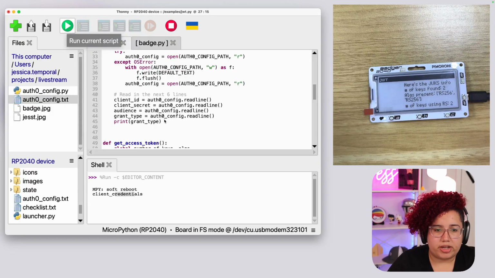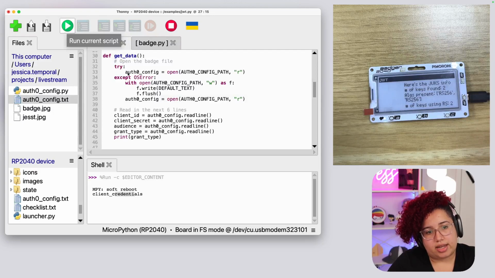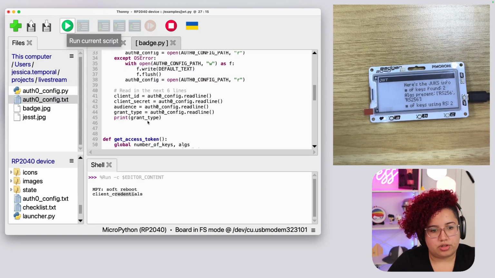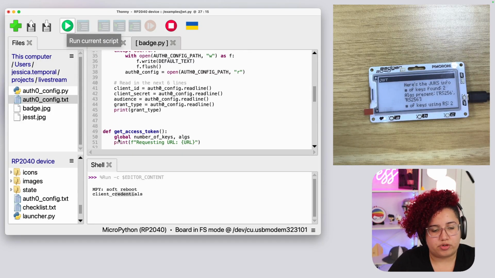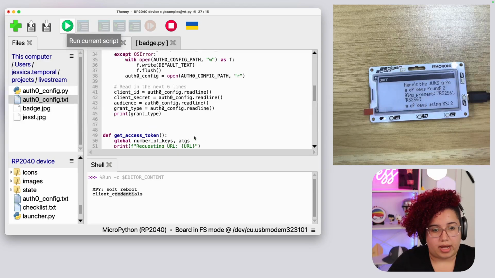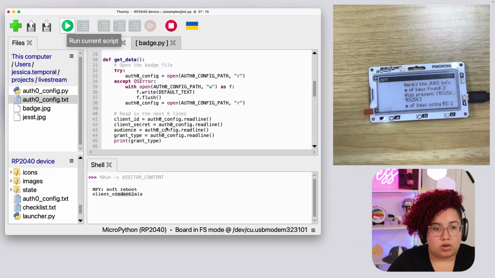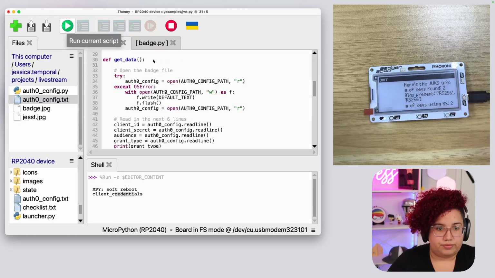And I want to make the request, but okay, so this gets the data from my Auth0 config file, and I need to make this available to the rest of my script. So I'm going to use the same way that we were using before and use the global and define these variables as global in the beginning of my function. So I'm going to come in here, and this is not badge, this is Auth0 config.